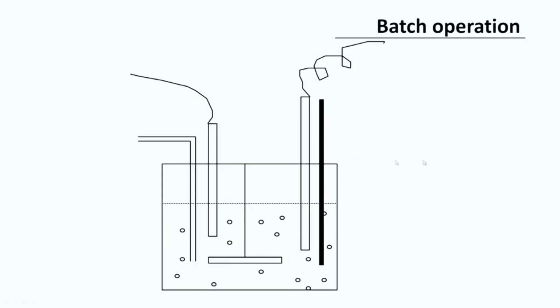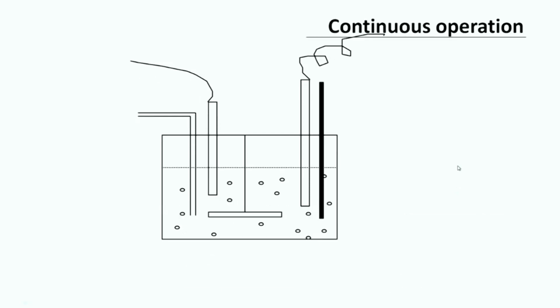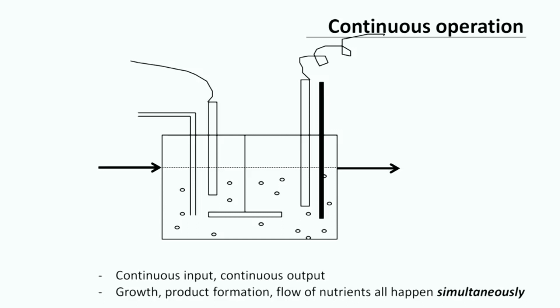And then we said that any bioreactor, or many bioreactors, or each bioreactor can be operated in three basic modes, either a batch operation where we dump everything in, wait for the process to complete and dump everything out and proceed with further processing, or a continuous operation where there is a continuous input, a continuous output, the growth, product formation, flow of nutrients all happen